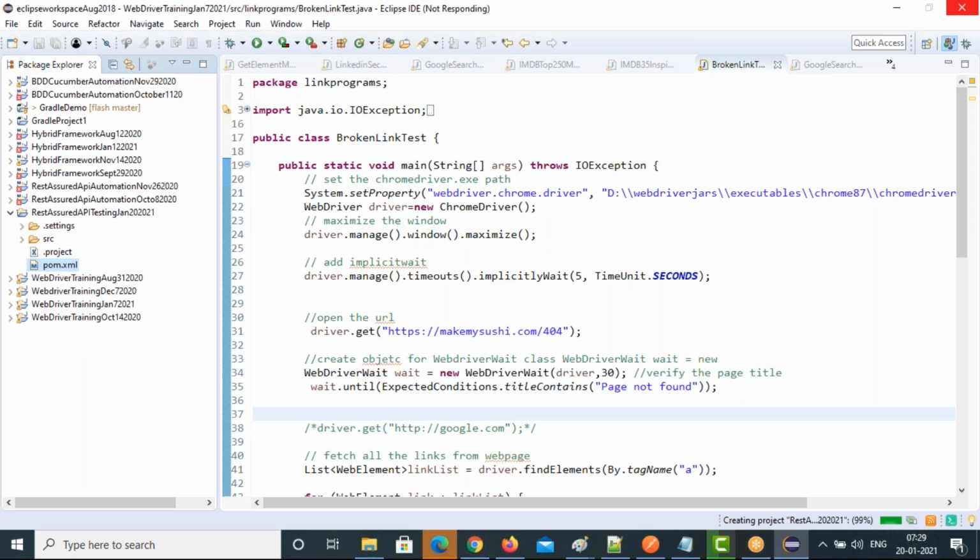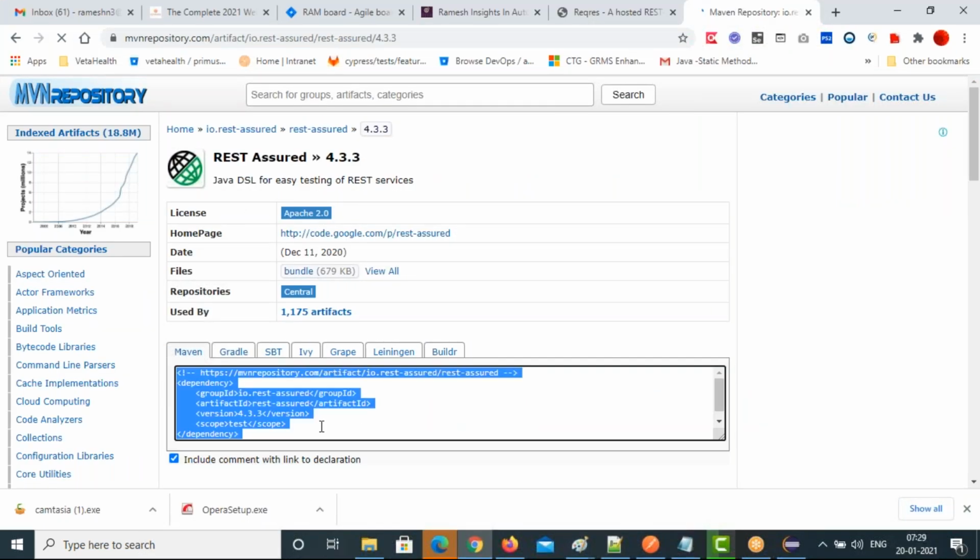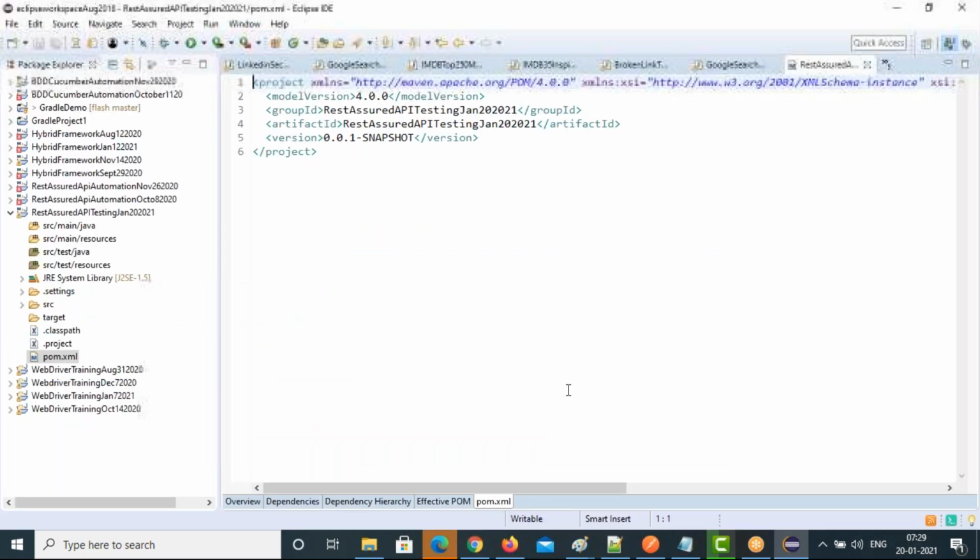We need io.rest-assured version 4.3, scope test.